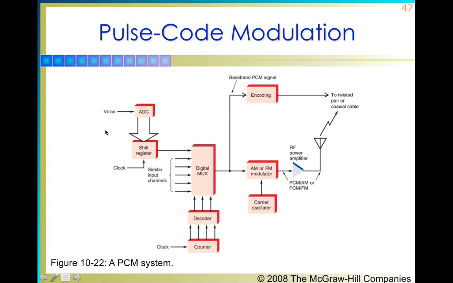We have a voice signal which is coming over here, which is a kind of analog signal, and then that analog signal is being fed to the analog to digital converter, which converts that signal into digital numbers like 10101. These numbers are being temporarily stored in the shift register, and then these numbers are coming from the A to D converter in a parallel form, and then they are being transformed into a serial form over here and sent to the digital multiplexer, which is also getting information from such like systems over here, here or here.